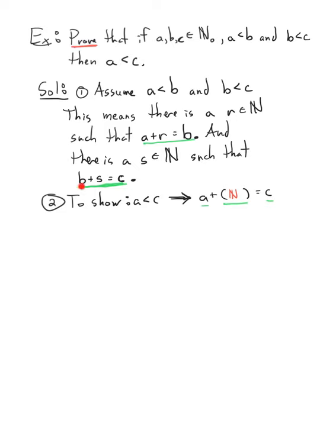But I have something in terms of B here and not A. If I can make this in terms of A, then I'll be done. But look at this equation up here. I have A plus R equals B. So I can do a substitution. Wherever I see this B, I can substitute A plus R since they are equal. Since A plus R equals B, I can make that substitution. So I'm going to label these equations I and double I. And I can say, just so that the reader knows what I'm doing,